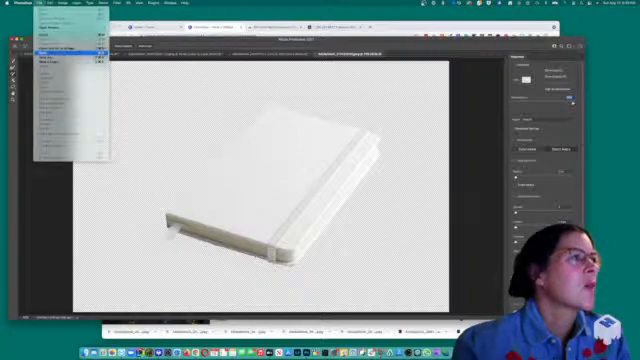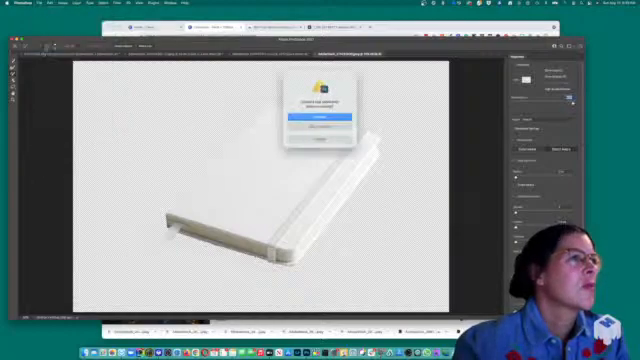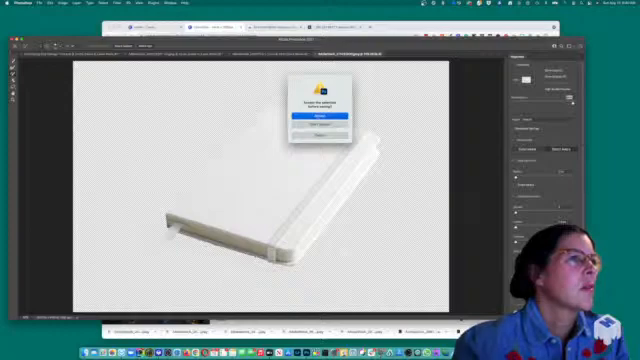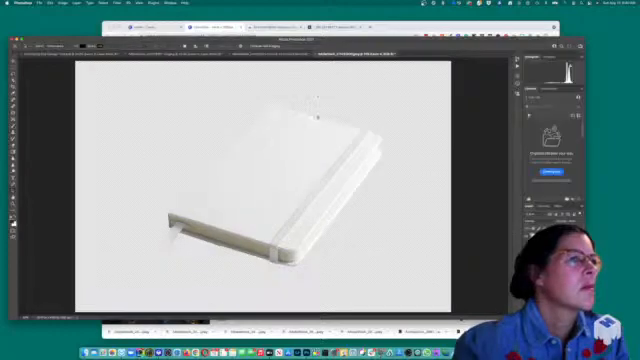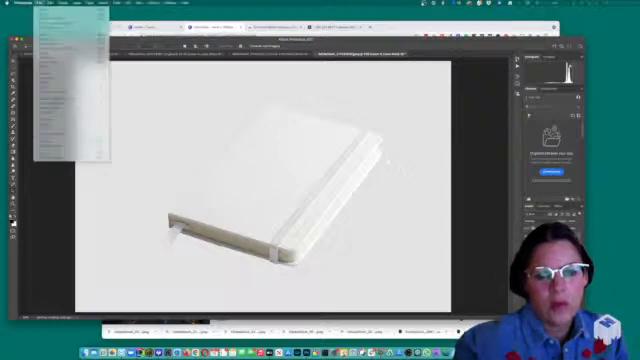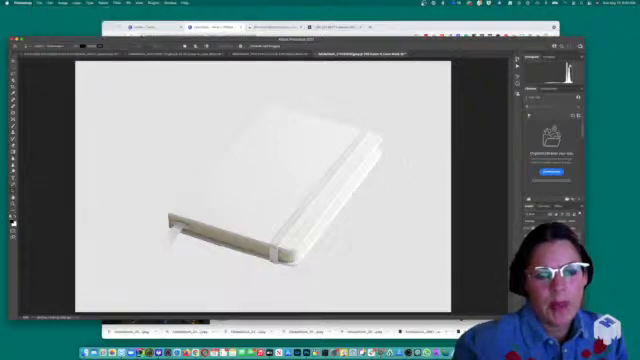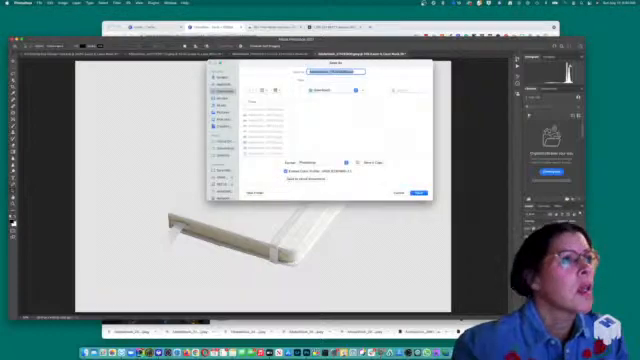Alright, we're going to export. Let's go to export so it's not huge. Okay, save. Accept. Okay, save. Save on my computer. And we're going to call this